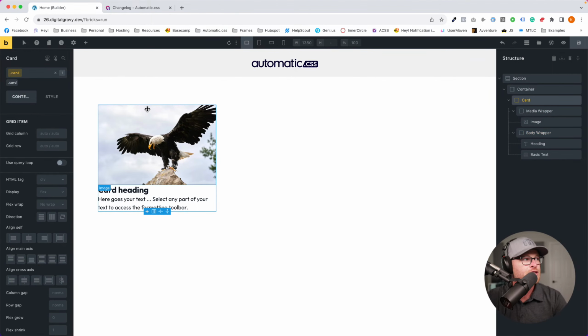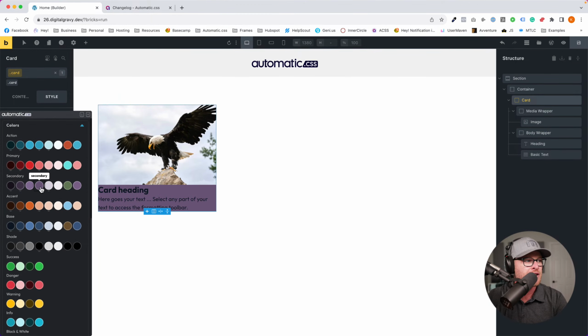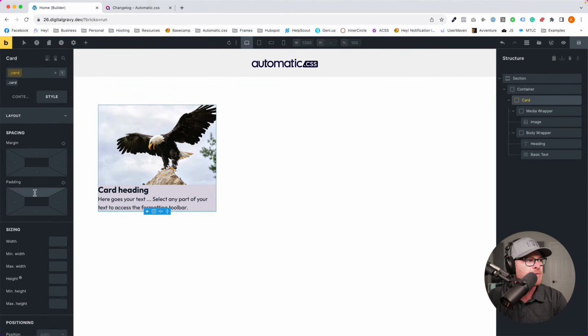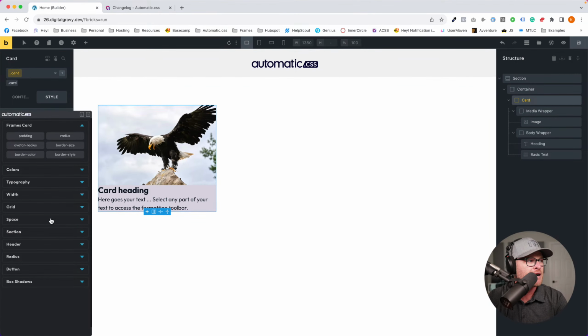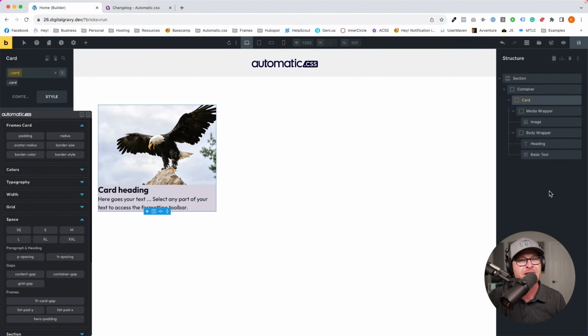Basically what I want to do is give this card a background color, and then we're going to talk about why clickable parent is so important. So let's just use some different colors that we normally don't use. We'll put secondary light in there. Then I can go to my layout and my spacing. We don't want to do M on the entire card. This is where the flexibility comes in.